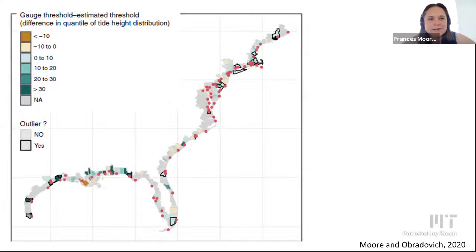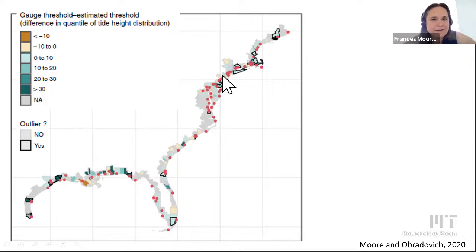And so this map here is showing you all the counties along the east and Gulf Coast of the US. The red dots are showing you the tide gauges that are in our data set. And then the gray areas are counties where, usually because there's not enough Twitter data, these are mostly more rural counties that we're not able to estimate. We're not able to fit a model. We don't have confidence that there's enough data there to be able to fit a model.